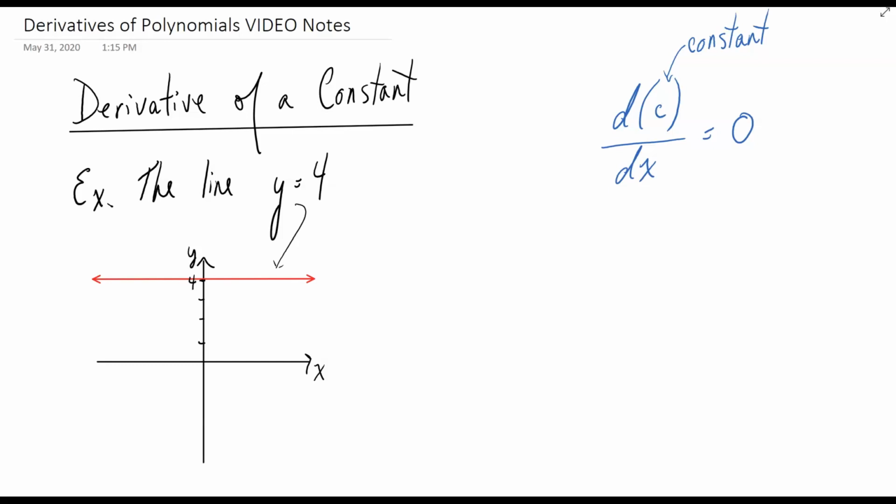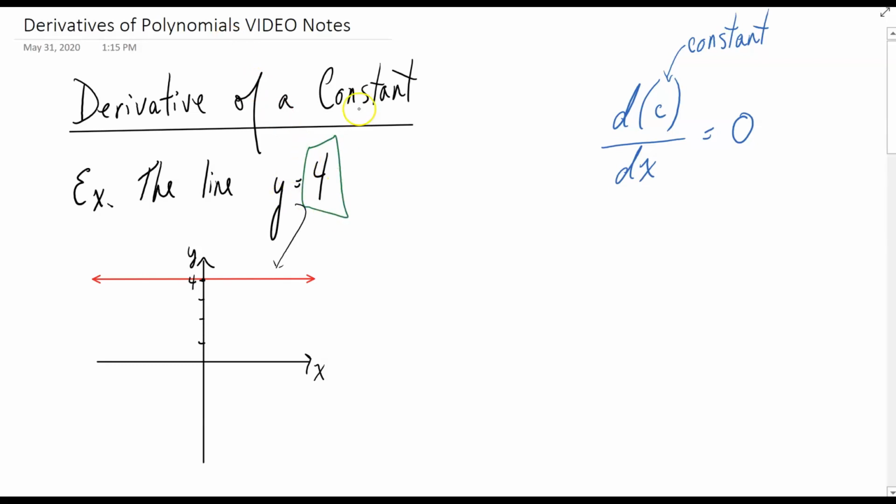Okay, in this video we're going to look at derivatives of polynomials, and the first and the most simple polynomial we can look at is just the equation of a line. So the equation of a horizontal line. In this case, this one is y equals 4. It is the horizontal line that passes through 4 on the y-axis. And so this function